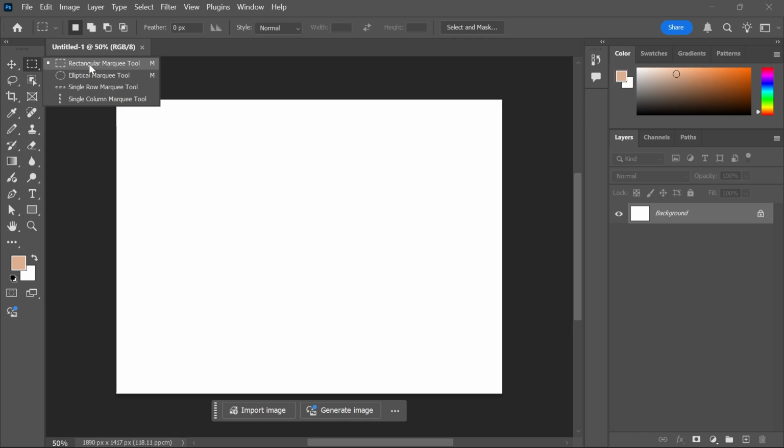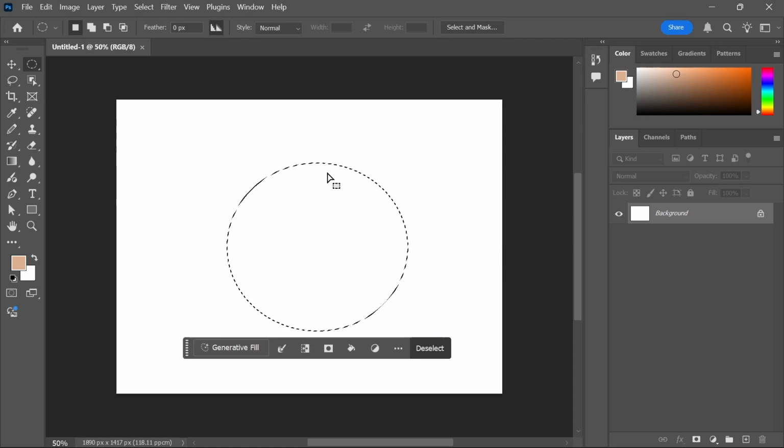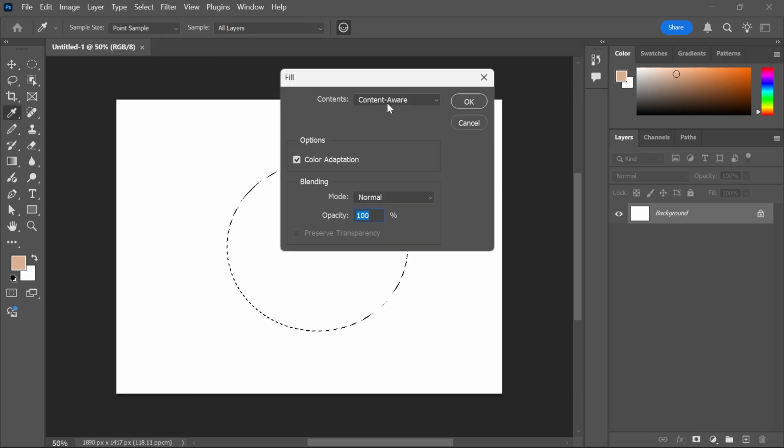So you can choose here from rectangle or circle. I'm just going to go in, create a circle, and then we need to go and make a selection on the window like this. Now, once you have your selection, in order to fill this shape with a color, we need to click on Edit in the top navigation, click on Fill, and click on the drop-down arrow next to